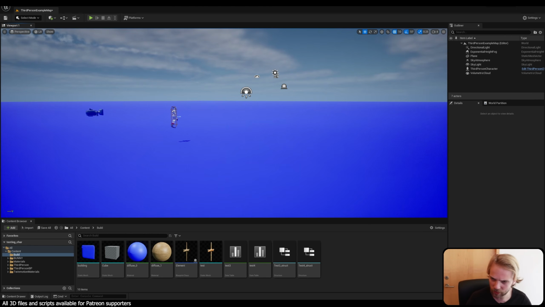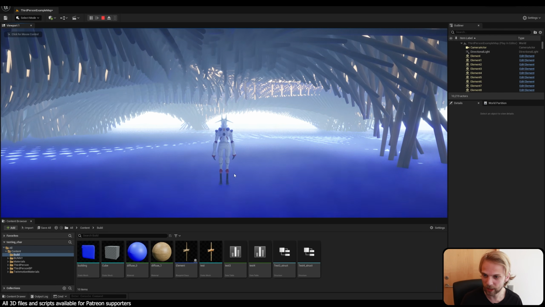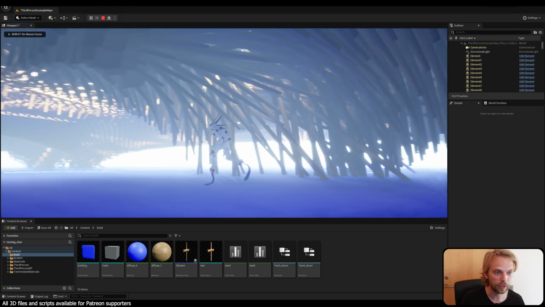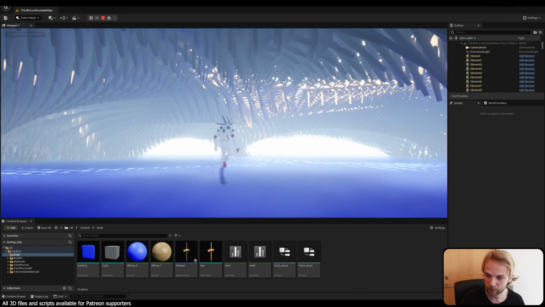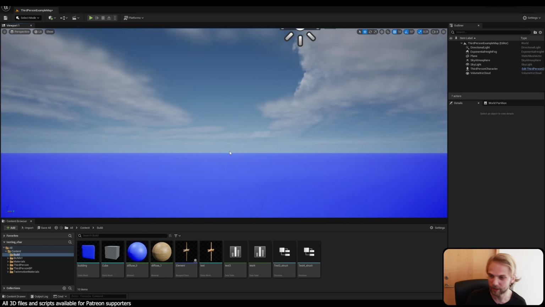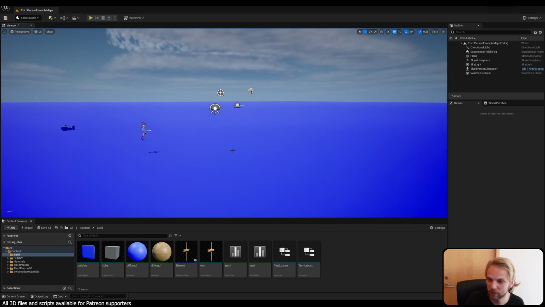So today's tutorial, basically the end goal of today's tutorial is to have something like this. You saw that the scene was completely empty, and as I pressed the play button, the scene was populated with geometry that was made in Grasshopper. And the way we do this is through an Excel spreadsheet. So if this is something that interests you and that you want to learn how to do, stay tuned